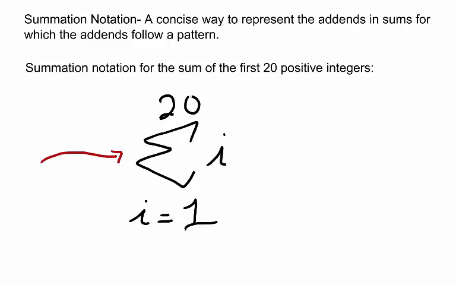This symbol is the Greek letter sigma, and it represents sum. In other words, the symbol is telling us to take the sum of the first 20 positive integers, where i is our index of summation,